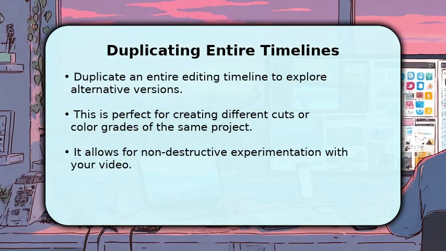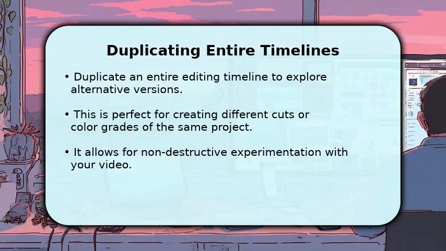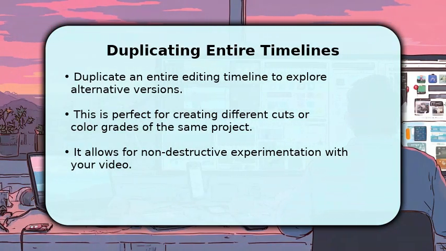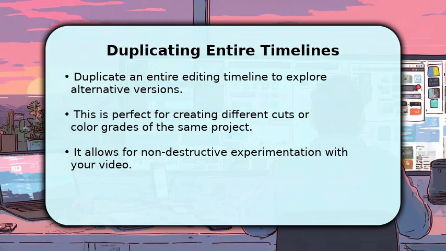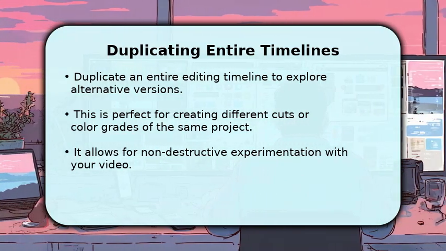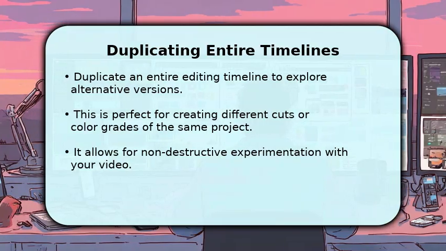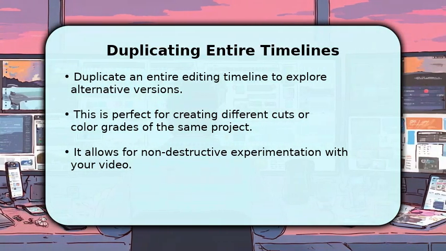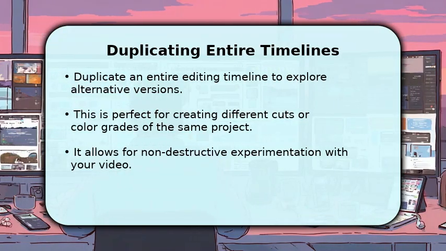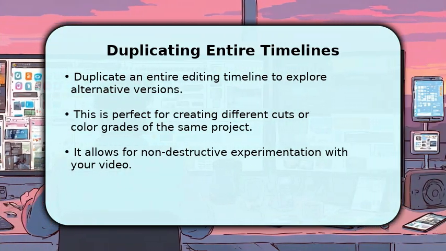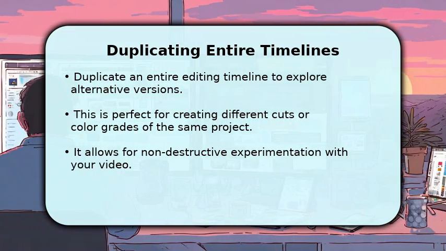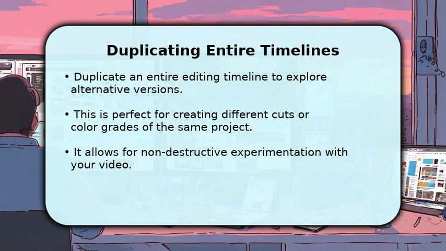Sometimes you need to duplicate an entire timeline to experiment with different edits, versions, or color grades. To do this, navigate to your media pool, locate the timeline you wish to duplicate, and right-click on it. From the context menu, select Duplicate Timeline. This creates a completely independent copy, allowing you to make significant changes without affecting your original work. It's an excellent strategy for A/B testing different creative directions for your video project,